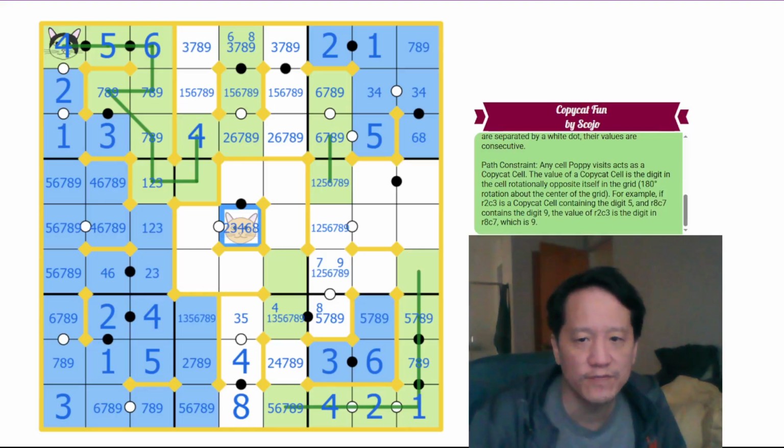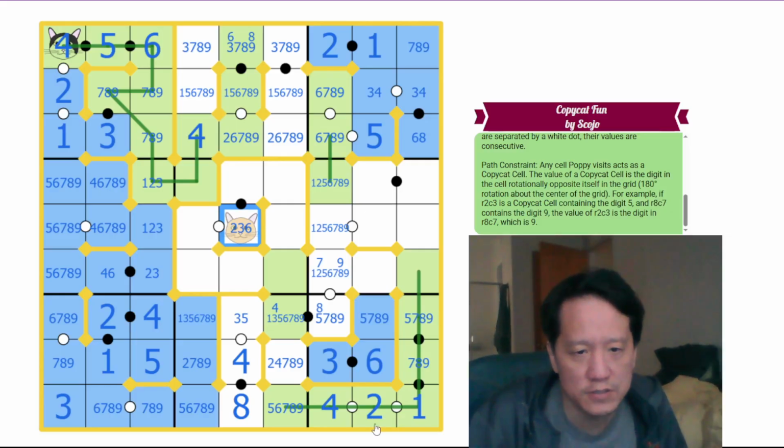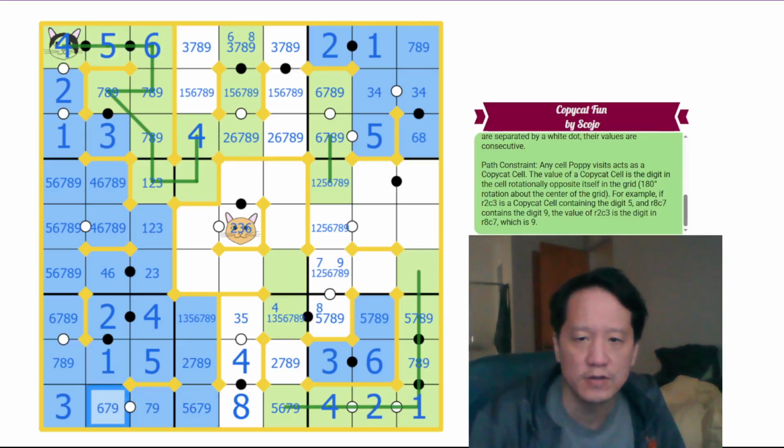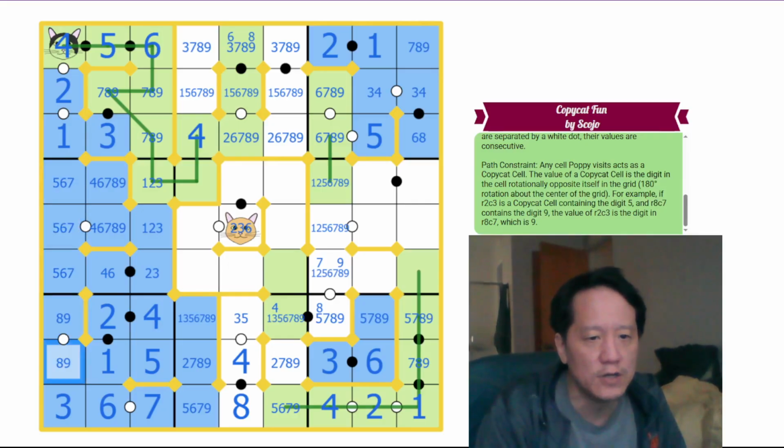Anyway, this can't be 4, cannot be 8. It's 2, 3, or 6. This can't be 4. There's no more 8 here. So this has to be 6 and 7. So this is 6 and 7. Okay, so we still have this issue. 8, 9, which means this can't be 8 or 9 here. This 6 eliminates 6 here, so this is 4, which makes this in a 1 to 2 ratio with 2,